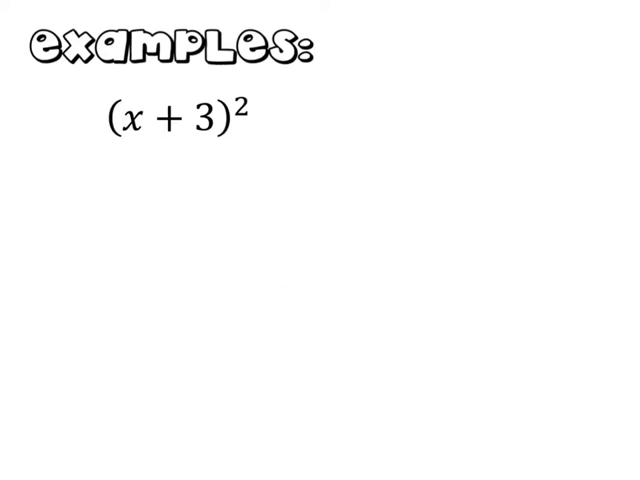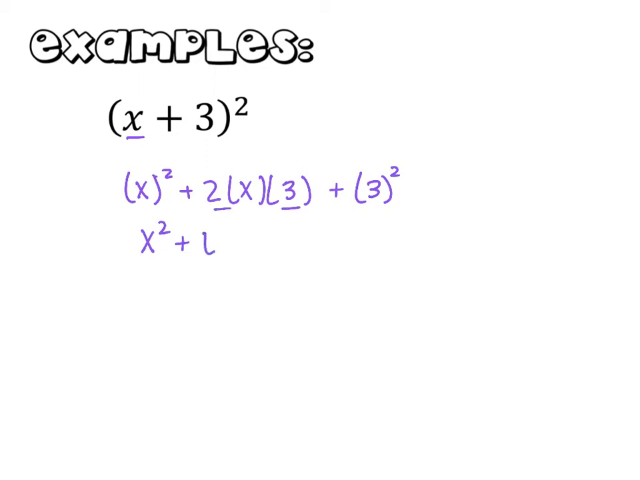examples. So the first piece is x. So I start with x squared plus 2 times the first piece times the second piece plus the second piece squared would be 2 times x times 3 and then 3 squared. So that gives me x squared plus 2 times 3 is 6 times x, so 6x, and 3 squared gives